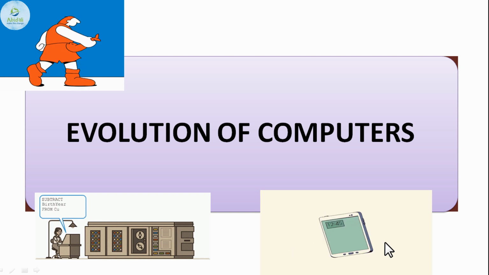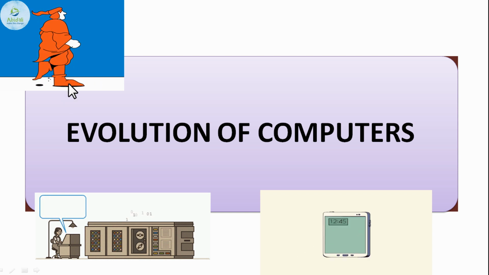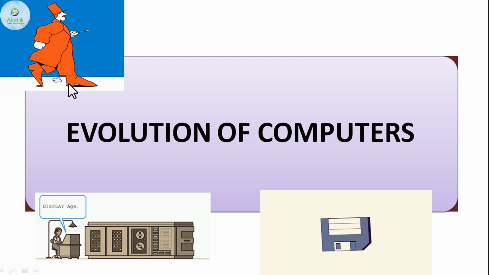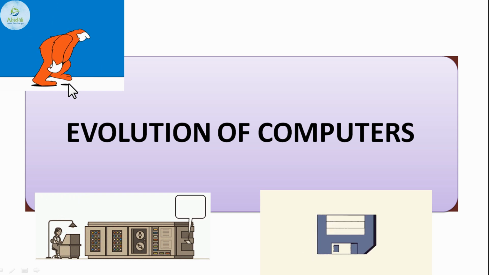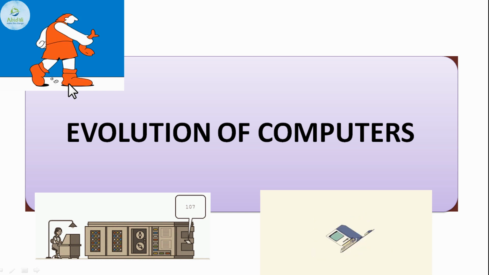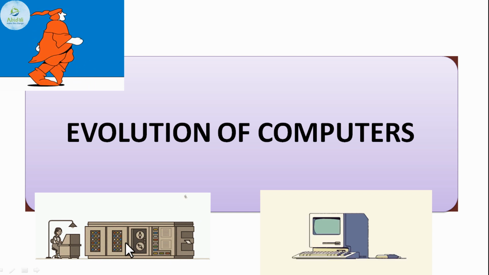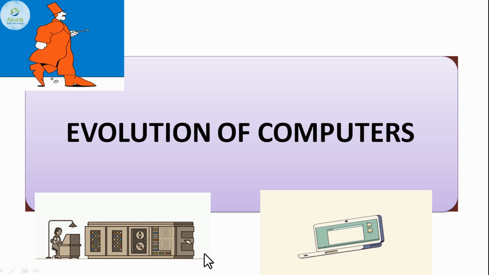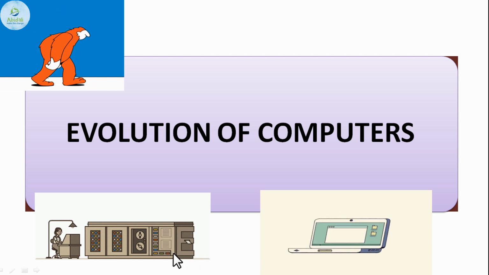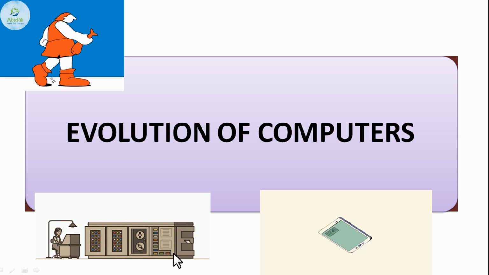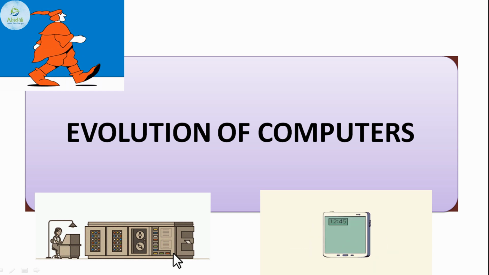Now jumping into the unit on the evolution of computers, you can see a human has evolved through different ages. First he was an ape, then he started developing his skills, then he became a most powerful person who can create anything. Generations of computers have also evolved through different ages, as you can see in this diagram. Before, we had computers that were very large, large in size, not in the number of units. They were large in size.